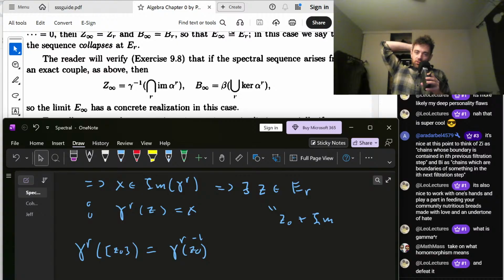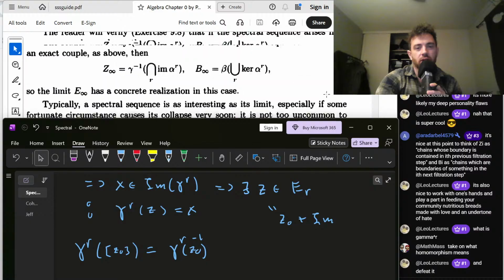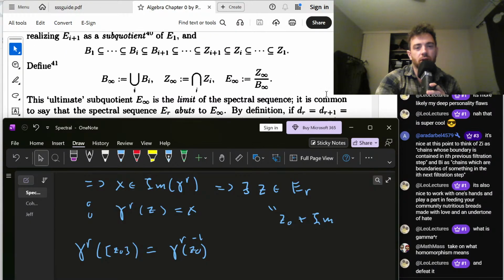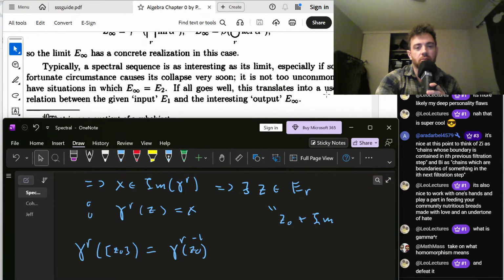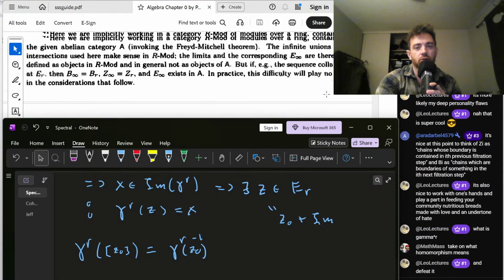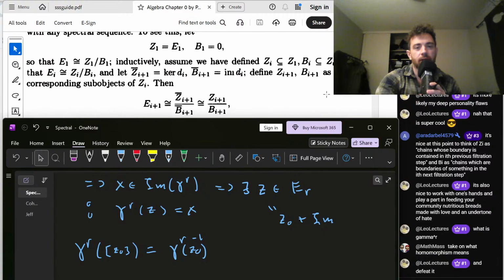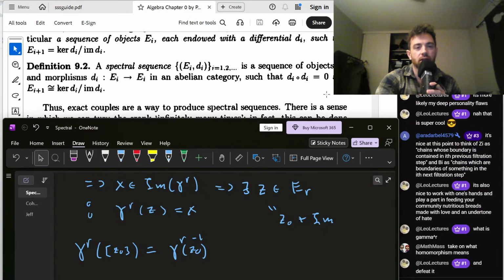I'm trying to show that this is in one of the BIs. Well, the BIs are defined in such a way, I want that to be the image of some D map, right? And how is my differential defined? My differential DI is